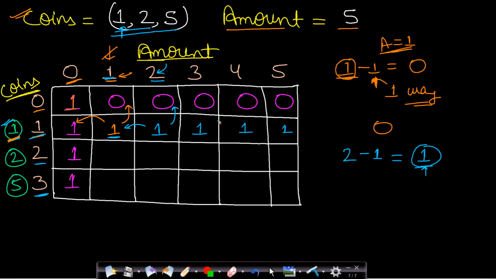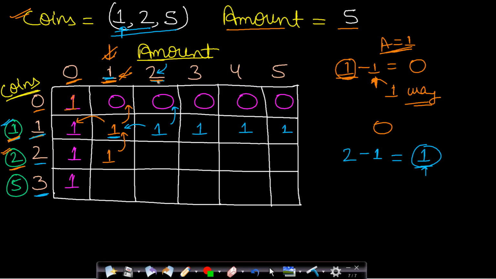Now let us move on to the second row. So for this second row, actually we will be starting again with this amount equal to 1, and now you can see that the second coin denomination is actually greater than the amount to be found. So whenever this happens, you can never include this current coin. So you have only one option, you have to exclude it. So if you exclude it, then you will go up and you will find the number of possible ways to form this amount 1 by not including any instance of the current coin 2. So there is only one way, so you will write here 1.